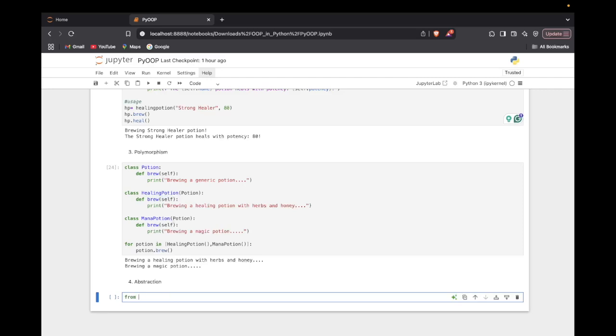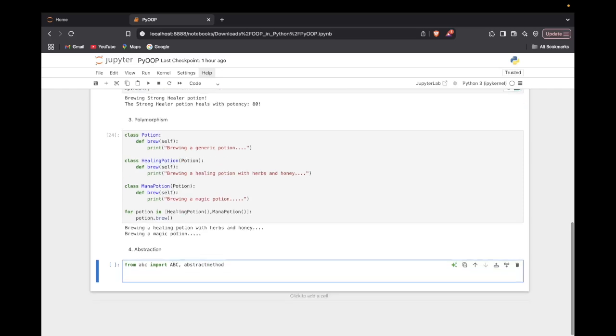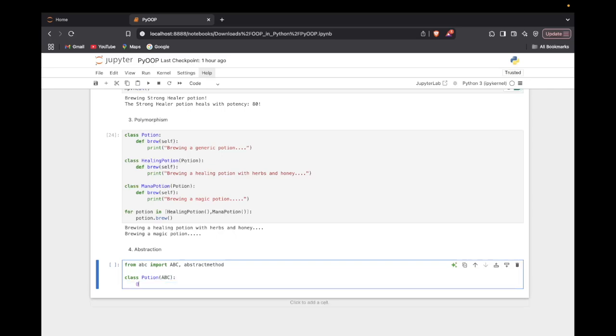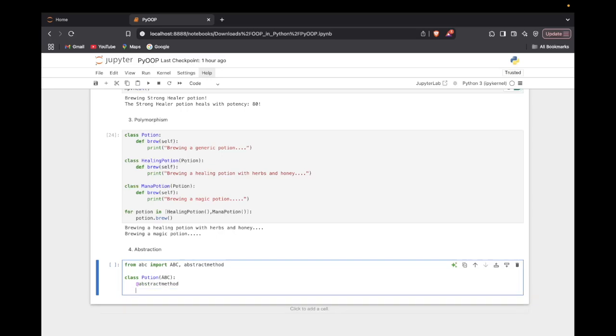So from abc, import capital ABC, comma abstractmethod, creating a class potion, at the rate abstractmethod, defining brew again,